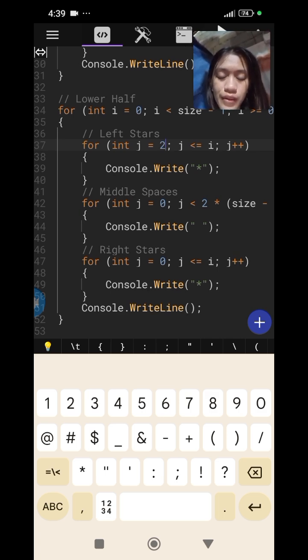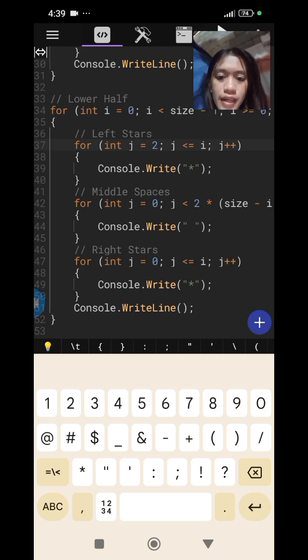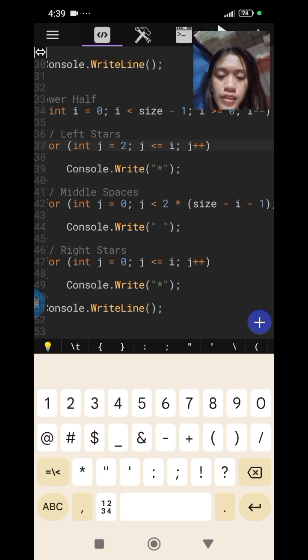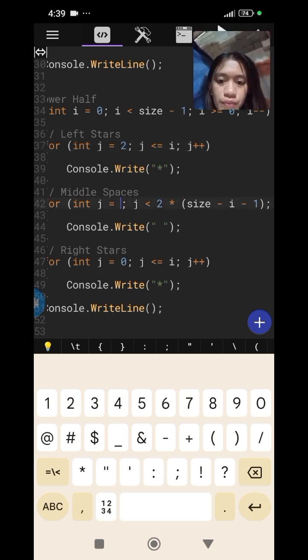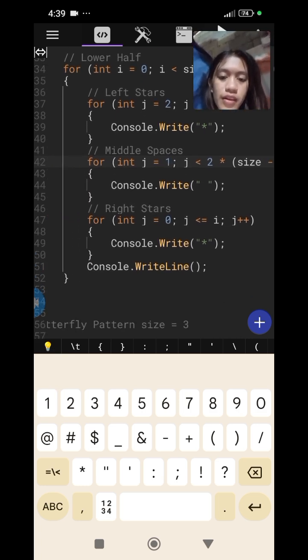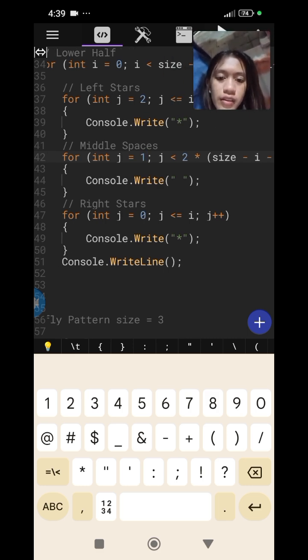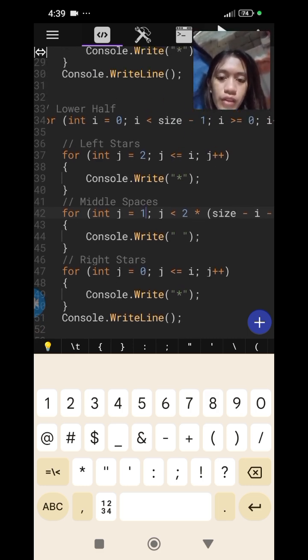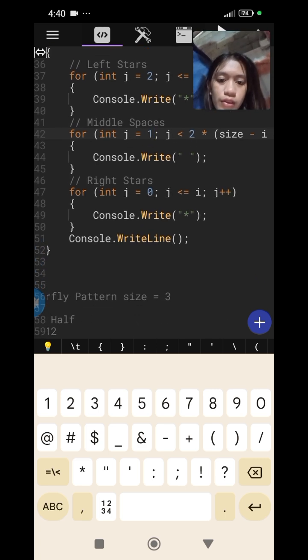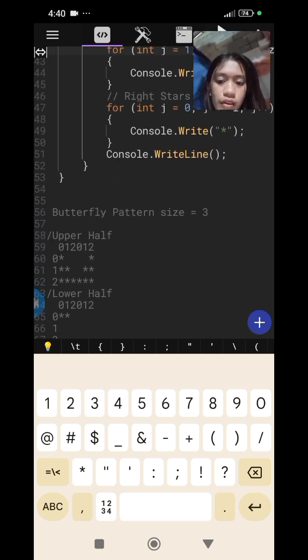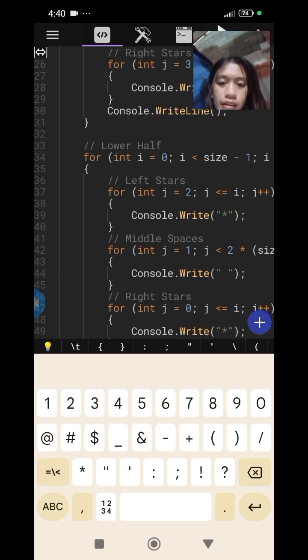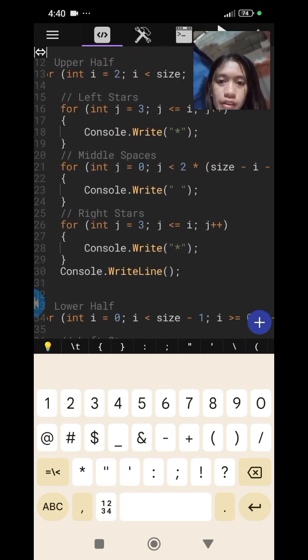So, proceed tayo dito sa middle spaces. 0 is less, magiging 1 na siya dito. 1 is less than 4 is true, so space, and then right stars. 0 less than or equal to 2 is true, so output ulit tayo dito ng star. Then another